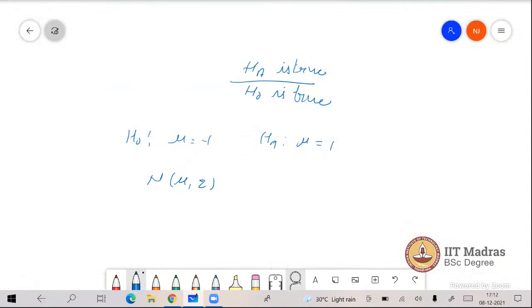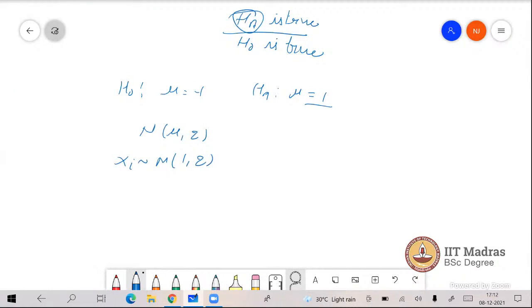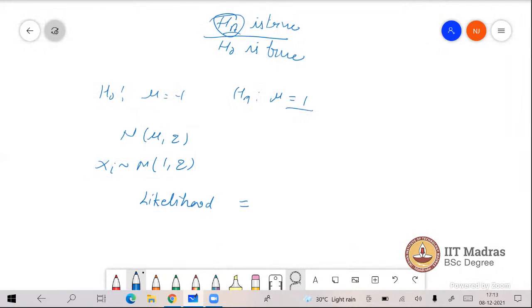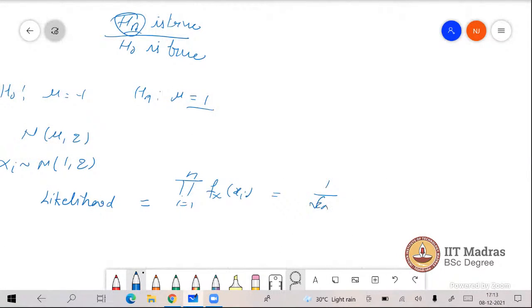Now, what will be the likelihood when Ha is true? Ha is true means that your xi follows normal 1 comma 2, right? Yes, sir. When Ha is true, now what will be your likelihood? So that is going to be the product of PDF values, product over i equal to 1 to n, and so in this case it's going to be 1 by root over 2 pi sigma,